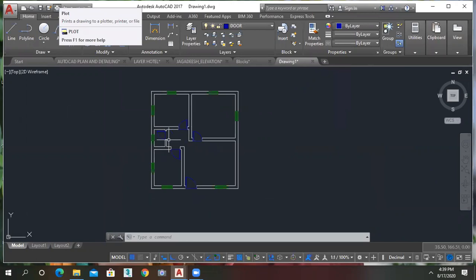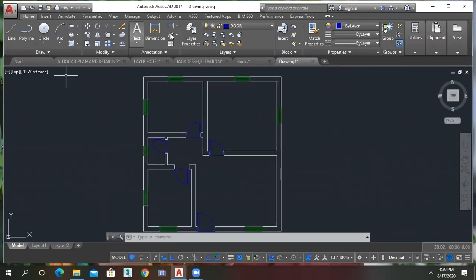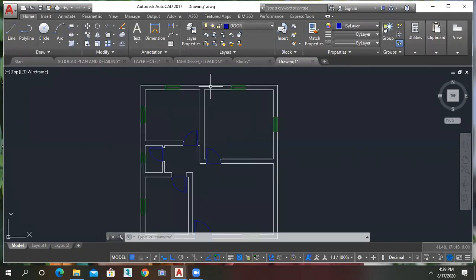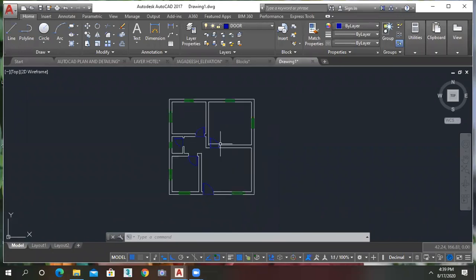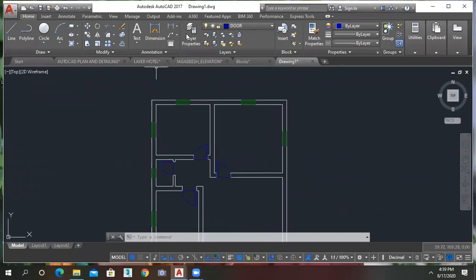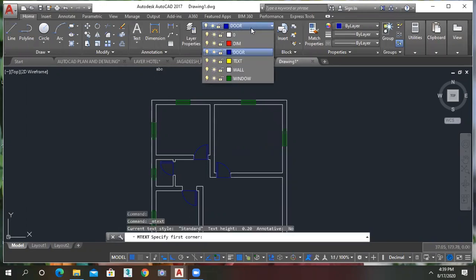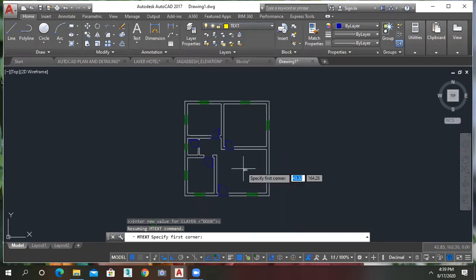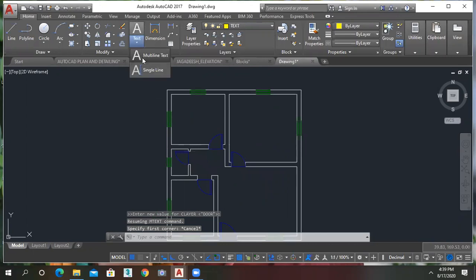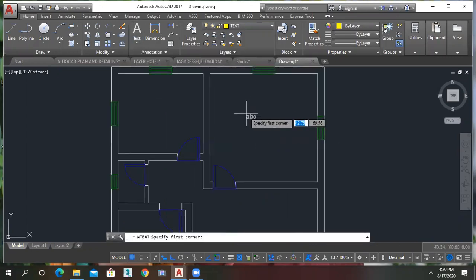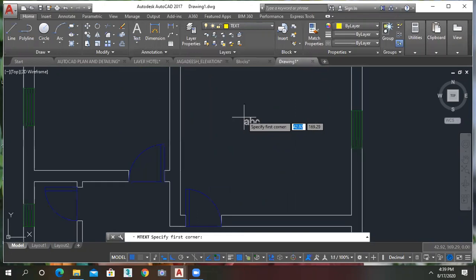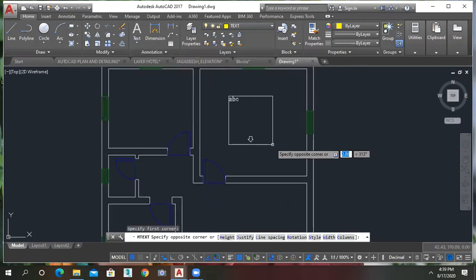Okay, no. So, okay. So my wall is over now, window is also over, and door is also over now. Okay. And then if I have to mention the namings here, for that, just go to the text and keep the text layer activated. Okay. And name it. Better to use multiline text actually, because I want to also mention the dimension of that room. You just create it like this.